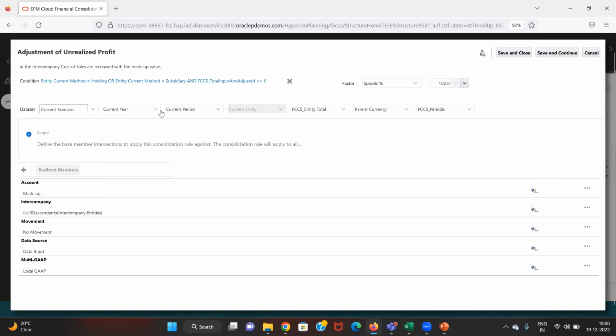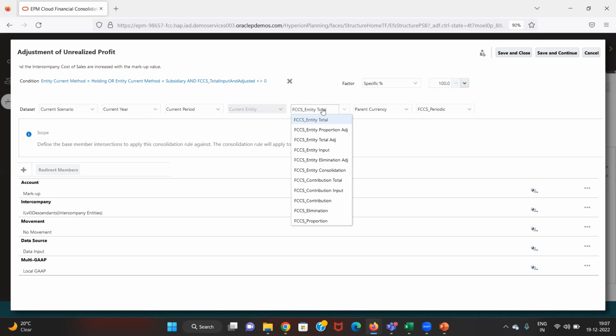The current year, whatever year we select while inputting the data to run the rule, will run. Then we have selected likewise the current period, entity total. So I want my rule to run when I am consolidating my data. So the consolidation, as you know,